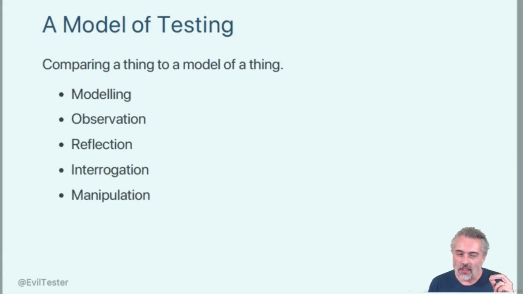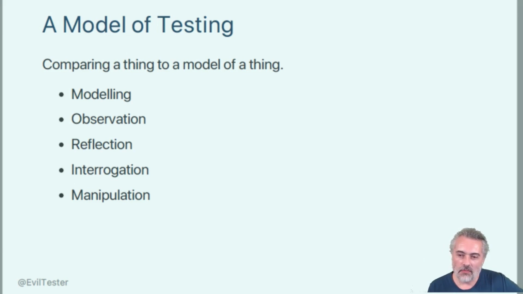But what I want to try and do is, I don't seem to think about test automation and have the same issues that other people do, and I think it's because of the models that I use. So I'm going to try and explain some of the models that I use when I'm thinking about this and see if they help. When I'm thinking about testing, I'm thinking about comparing something to a model of the thing, right? And the model is represented in terms of the requirements or information that I've built up. And I have to do clever multiple ways of comparing these two things together.